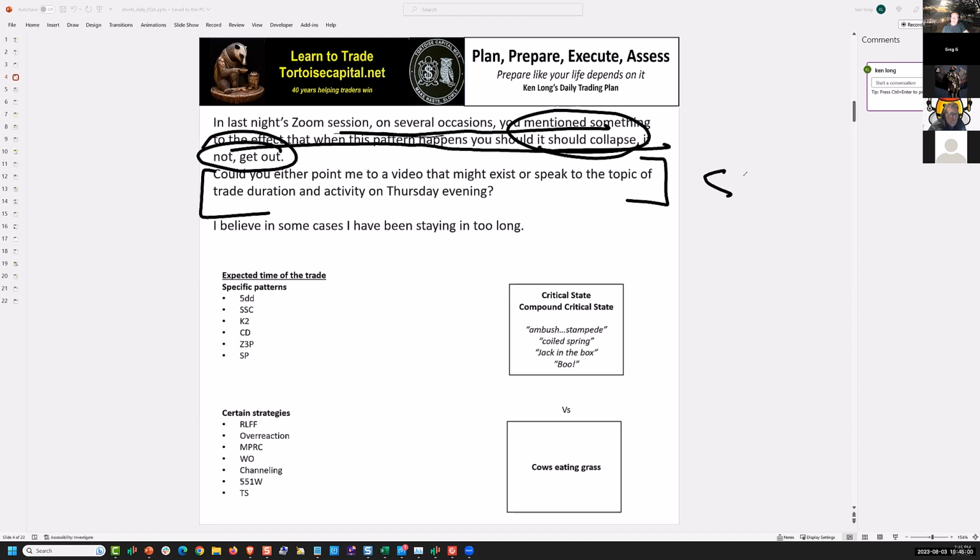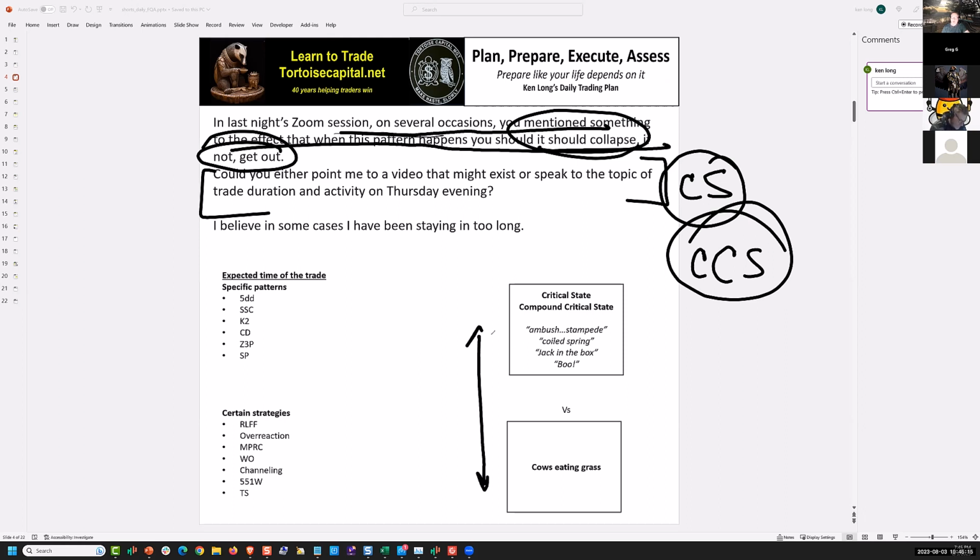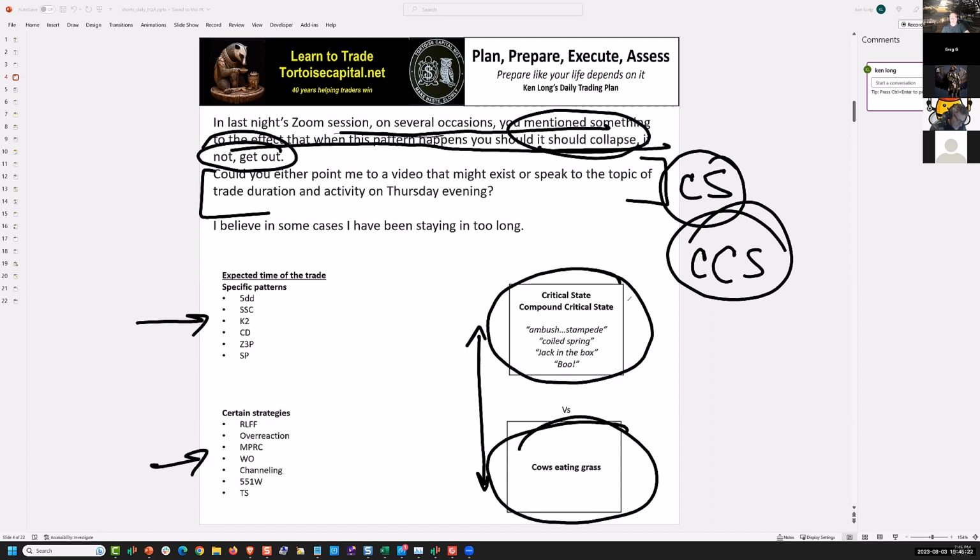Yeah, it's the critical states and compound critical states. Here's this video, or last night's discussion. Look, there's two kinds of trade patterns that we have. I'm going to cover them when I get over here. But some of them are really associated with I want to find critical states, and especially radioactive compound critical states,